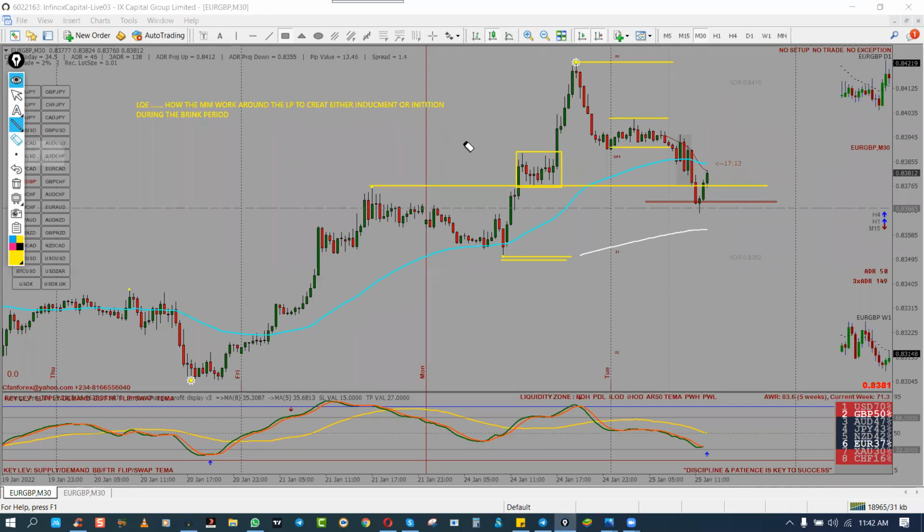So if this zone is not respected, there's a doji here. The base of this doji is very important because that is a base candle. That is where the market finally consolidated before the successful breakout of this zone at this point. And that is very important to me. This is why I said for you to trade Btmm effectively, you will need to understand the principle of supply and demand, and a little bit of SMC liquidity concept.